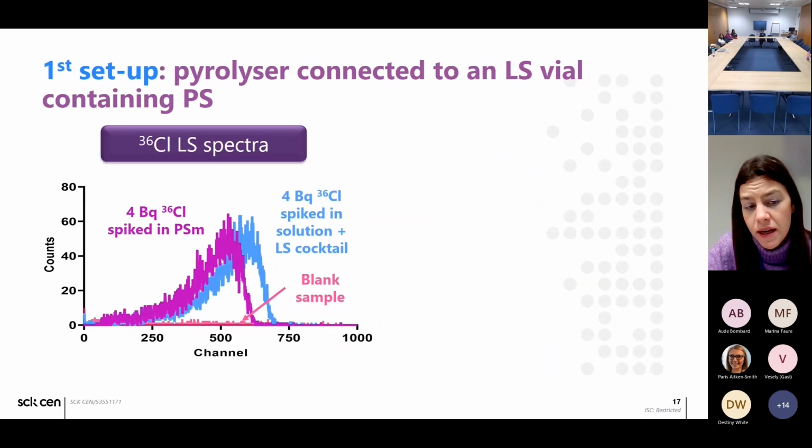As for the outcome of all those experiments, as you can see here, prior to the experiments we measured a sample containing plastic scintillating microspheres spiked with chlorine-36, in order to see the differences that we could observe in the spectra between measuring chlorine-36 with microspheres and measuring chlorine-36 in a solution, adding the liquid scintillation cocktail. As you can see, the shape of the spectra is similar. However, the purple one, which is the one with the microspheres, is slightly shifted to the left. This is because of a phenomenon called particle quench that happens when we measure our radionuclide in a solid matrix, which is the case of the microspheres.